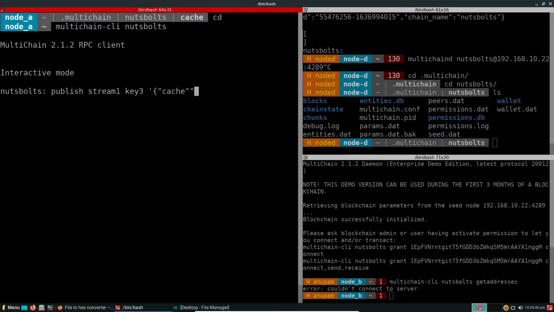In which cache are we trying to locate this data? Publish. This will give the cache address, and then we'll close the brackets and say off chain. Now off chain is the parameter which defines on what nodes all this data will be published.